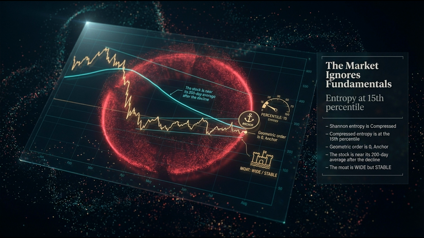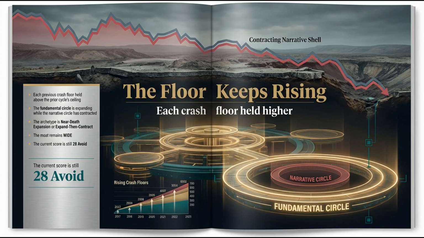Real capital expenditure was deployed into physical assets. Real sticky market share was retained. But the market isn't pricing that in. The fundamental circle is actively expanding even as the narrative circle collapses and drives the price down. A fundamentally expanding circle is completely irrelevant to a portfolio manager if the price geometry is an anchor and the regime is relentlessly bearish. It's not irrelevant if you're tracking the transition.